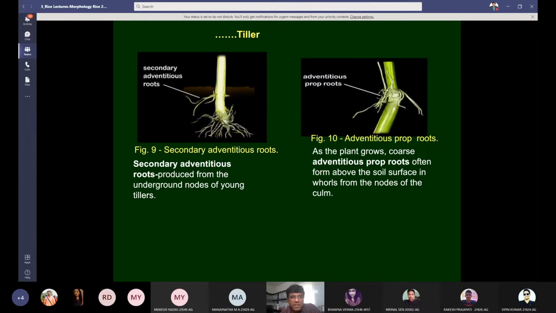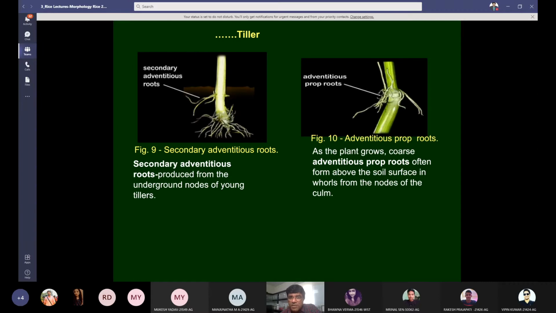Now you can see secondary adventitious roots. They have come up from the nodes, the basal portion of the stem. So secondary adventitious roots are produced from the underground nodes of the young tillers. Actually, part of the stem is inside the soil, which is not visible to us.